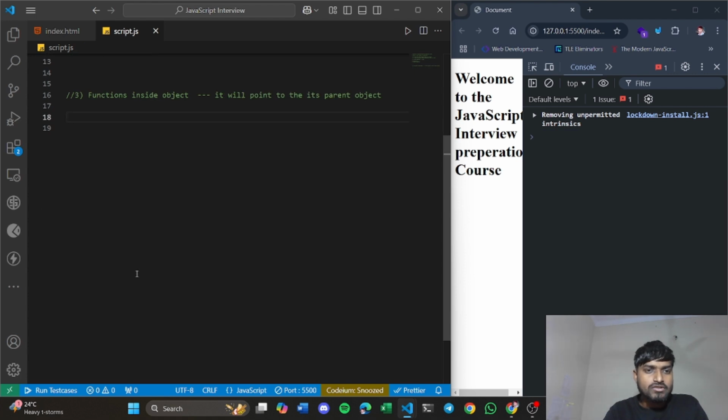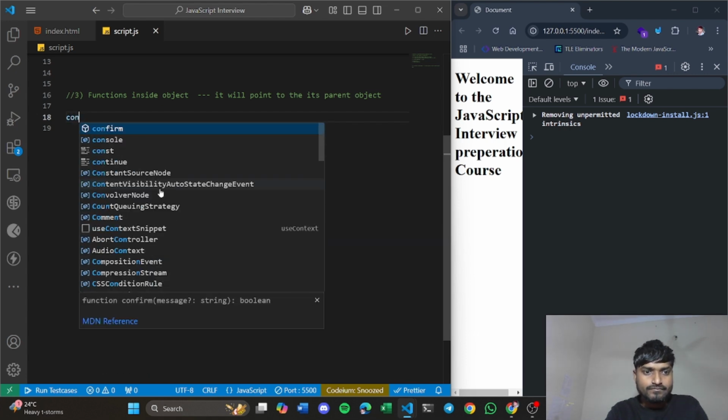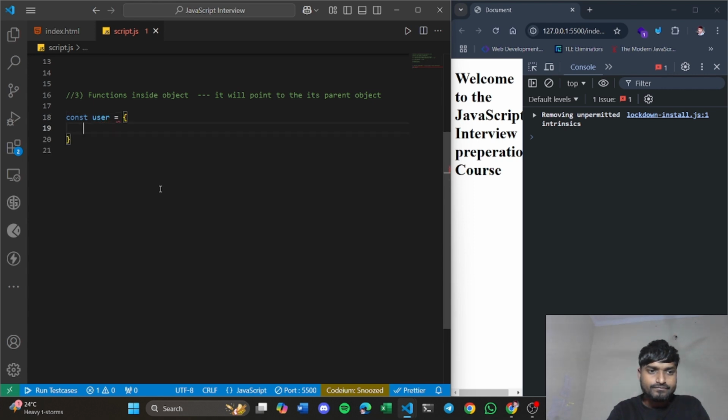Now the third context of using this keyword is when there is a function inside an object. Let's try to declare an object. Const user, let's define a name field as Pankaj and the age as 23.